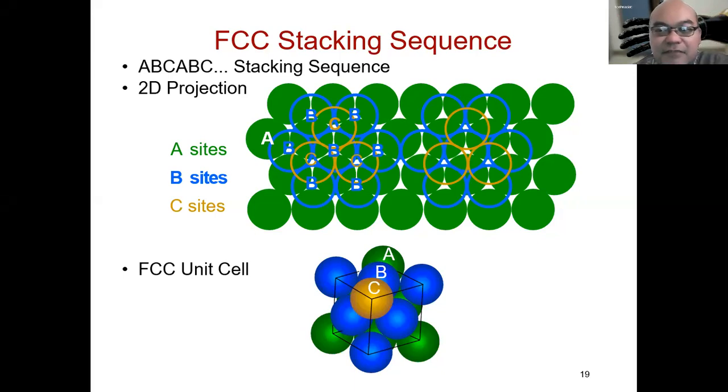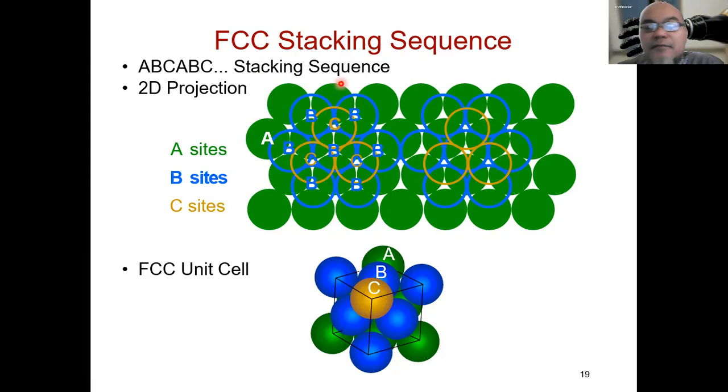So for example, here, if we start from the hexagonal two-dimensional layer, and we stack the hexagonal layers in three dimensions according to an ABC stacking sequence. What does it mean? The first layer, the A, is denoted by these green balls, the bottom layer. The second layer, the B, is located with each ball just at the space above